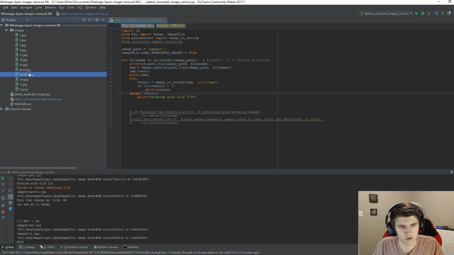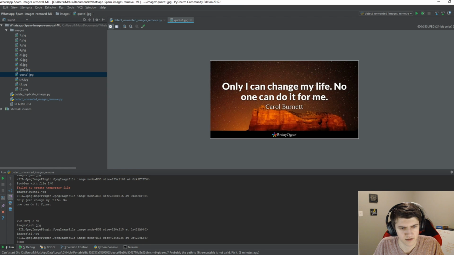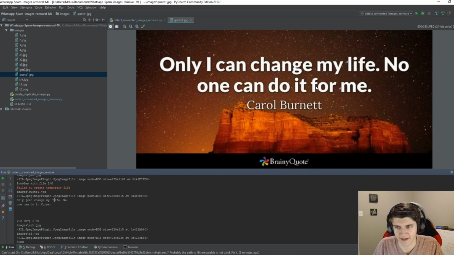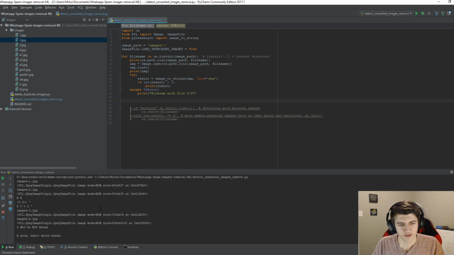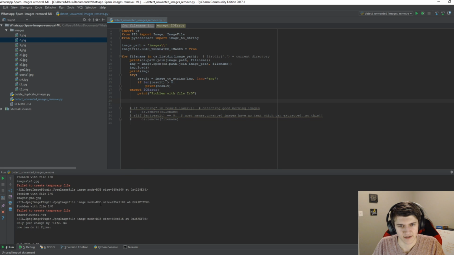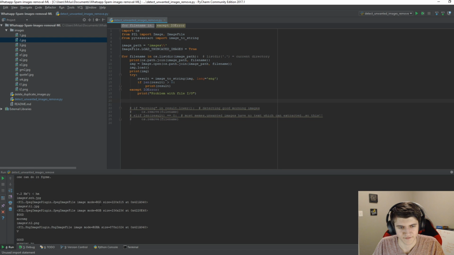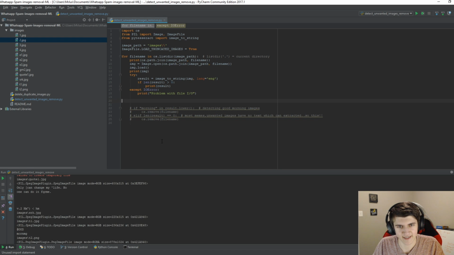And quote 1 also is returning things. So it's saying only it misses the I, but changed my life. And it thinks that, like, right here is actually a single dash, which is interesting. So unfortunately, we're not getting everything that would be nice to get